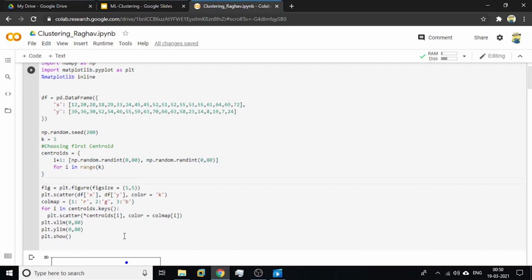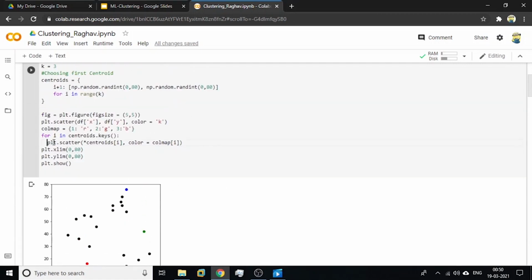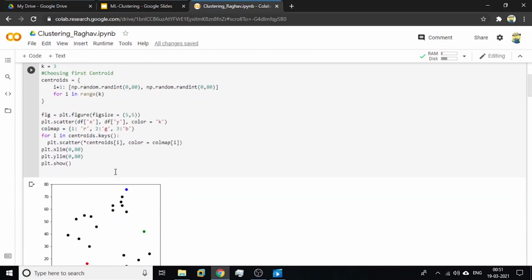Next we are plotting this. In the output we can see the different data points in a scatter plot, where we are plotting the x, y data points, and this block of code is basically to choose the initial centroids.